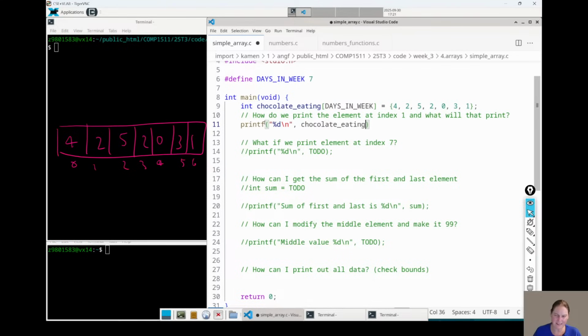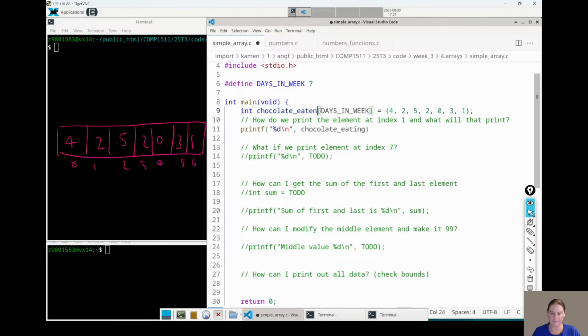It should be eaten. Let's change it. Doesn't really matter, but let's change it. But then we've got to give it the index. It can't just print out the whole array. In this case, we want the one at index 1.